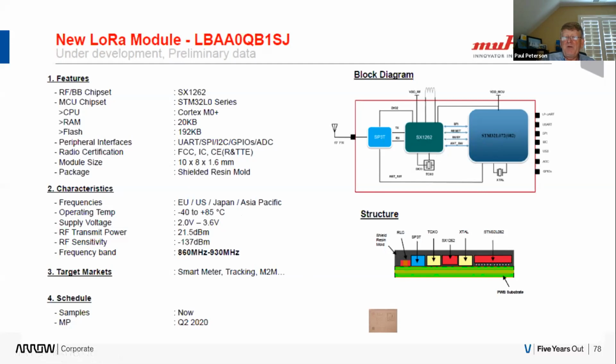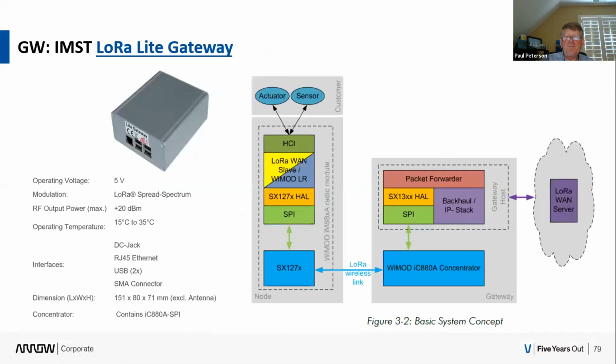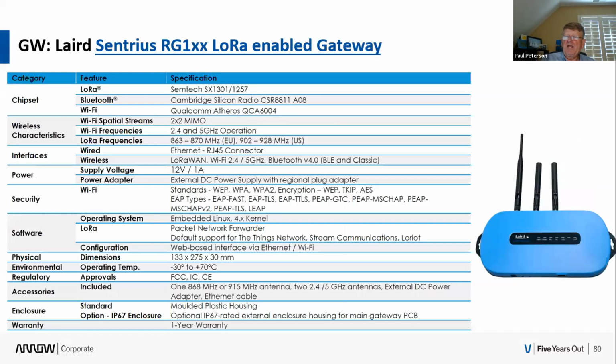In the appendix, I've put all the other suppliers, so you can take a look through that. Likewise, we mentioned the gateways are emerging. In this case, we're doing LoRaWAN to some type of IP, Wi-Fi or Ethernet itself. We also have other people, for example Laird, that is doing LoRa, Bluetooth, Wi-Fi, and even a new implementation that's doing cellular in the gateway environment.